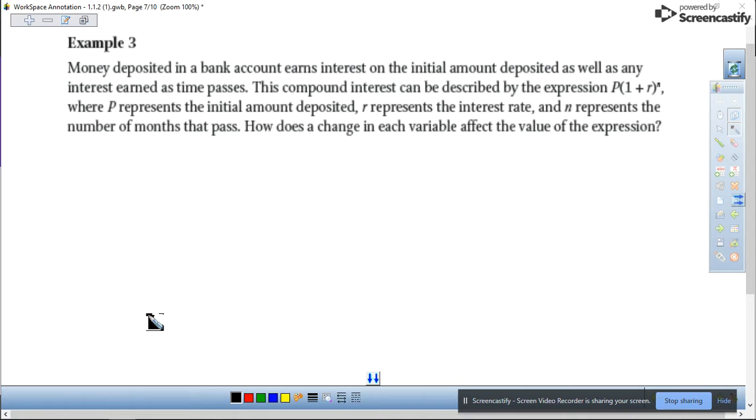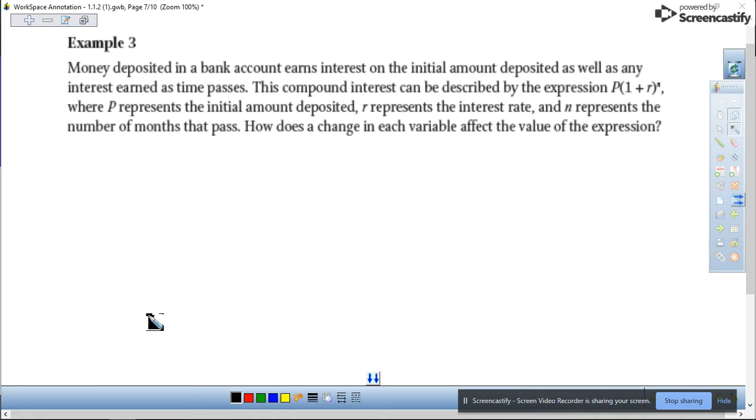All right, guys, for the final example of this lesson, we want to talk about the one up here. Money deposited in a bank account earns interest on the initial amount deposited as well as any interest earned as time passes. This compound interest, you'll find, is something we're going to be talking about quite a bit as we get further on in the year. So it's good to go ahead and look at this expression, as it's one that you will see repeatedly. This compound interest can be described by the expression P times 1 plus R to the